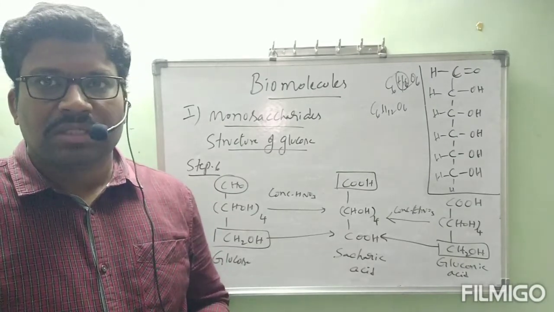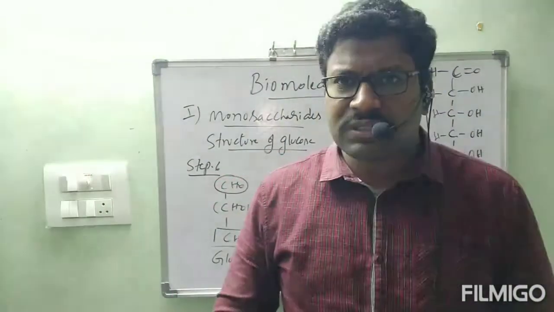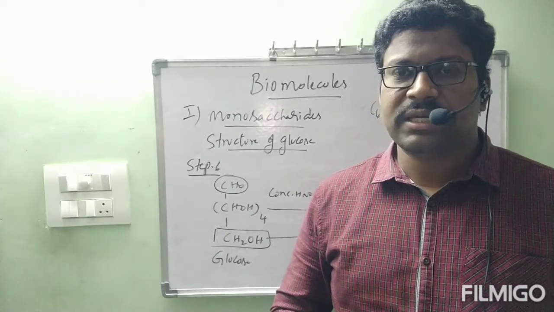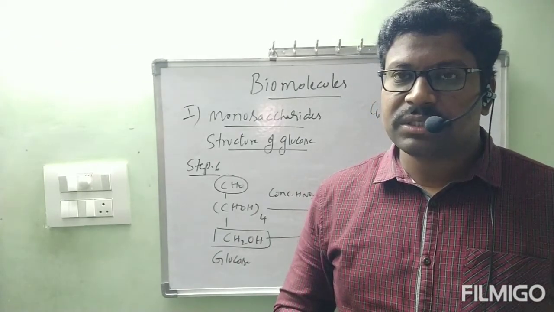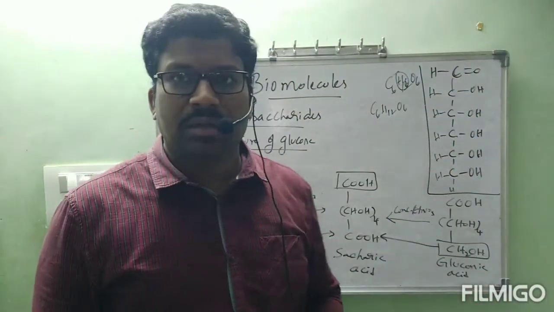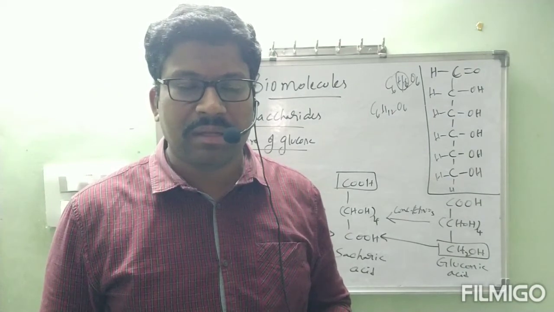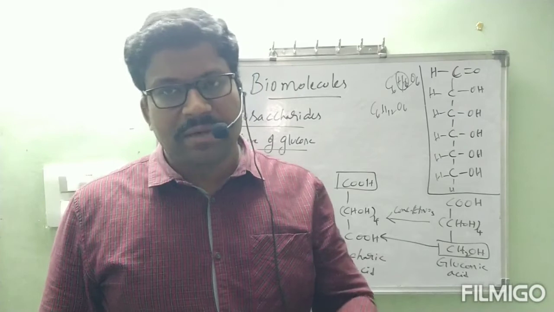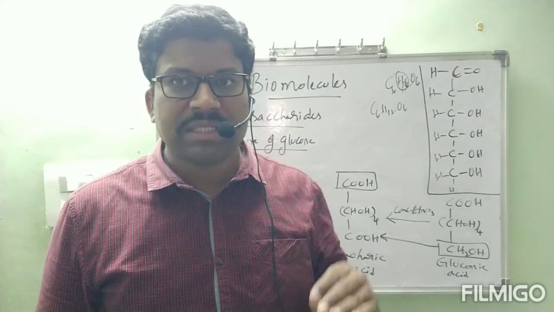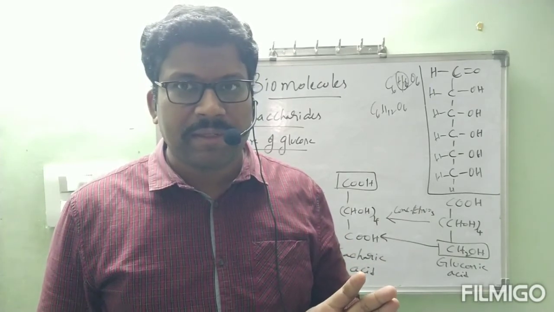First one is easy. Step 1, molecular formula C6H12O6. Step 2, reaction of this glucose with HI. Prolonged heating of glucose with HI, you will get n-hexane. What is the conclusion? Carbon atoms must be in a straight chain. Third step, reaction with hydroxylamine and HCN. We will get oxime and cyanohydrin respectively. By using that, we have concluded the presence of C=O, but that is not aldehyde or ketone. We don't know. That is step 3.